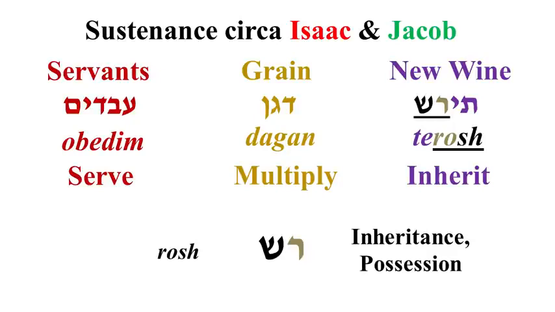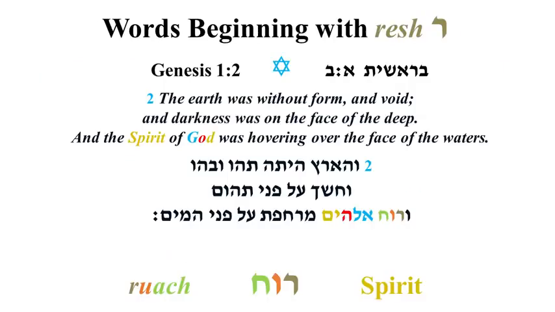Okay, let's look at some words that begin with the letter Resh. In Genesis 1:2, it says, "The earth was without form and void, and darkness was on the face of the deep, and the Ruach Elohim, the Spirit of God, was hovering over the face of the waters." The word Ruach is spirit, Resh, Vav, Chet. All right? And that same word, the same three letters,